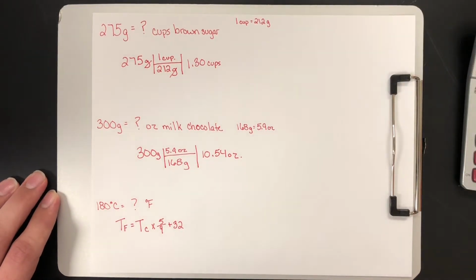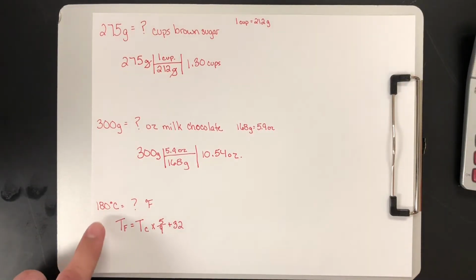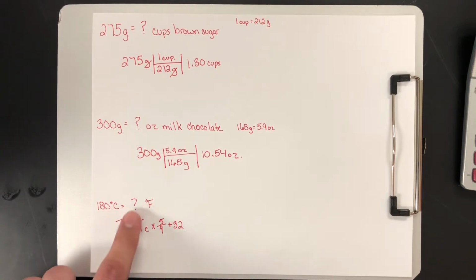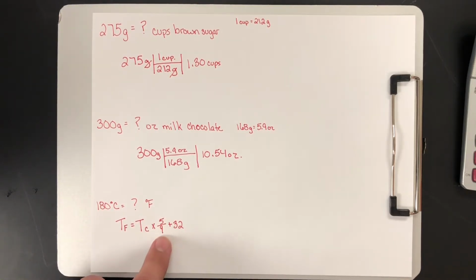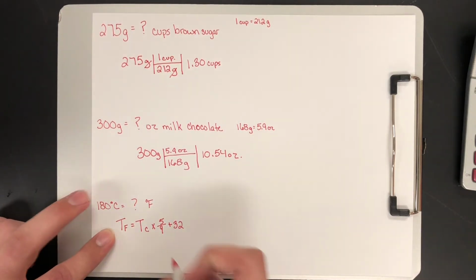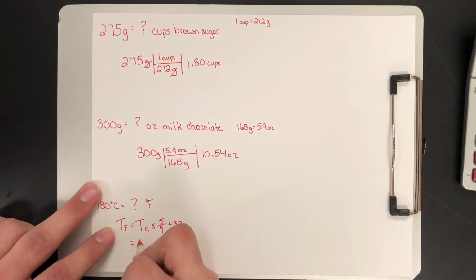And for the last problem, I chose 180 degrees Celsius, equivalent to what temperature in Fahrenheit. For this, we have an equation: temperature in Celsius times 5/9 plus 32 equals temperature in Fahrenheit. So you just plug in your number, 180